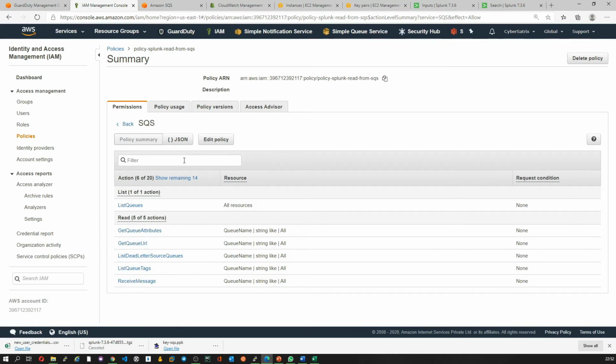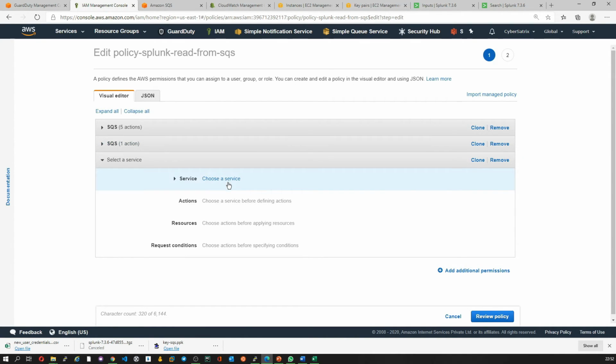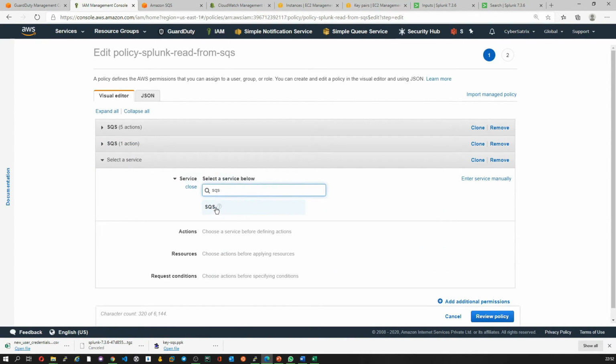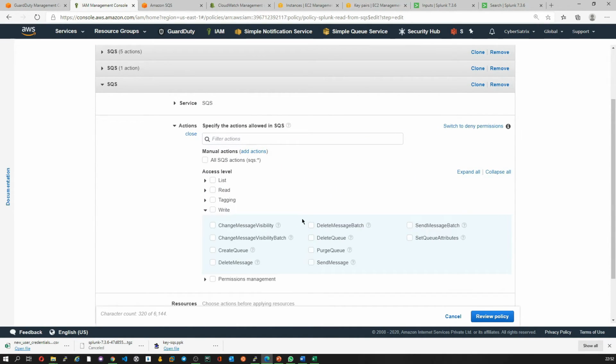So let us quickly edit the policy and add an additional permission, choose the service as SQS, and in the right part let us select send message.